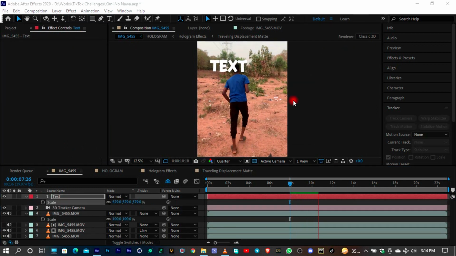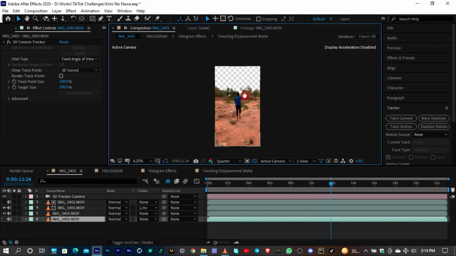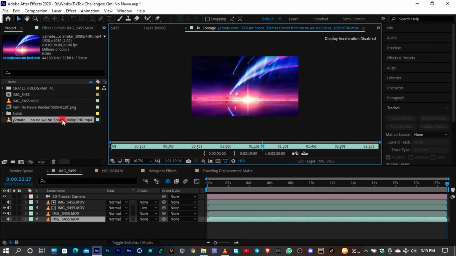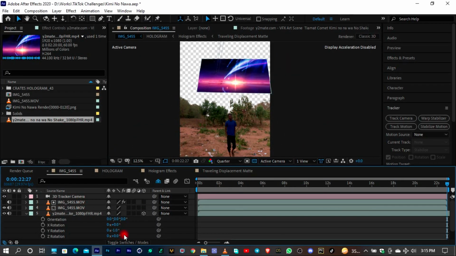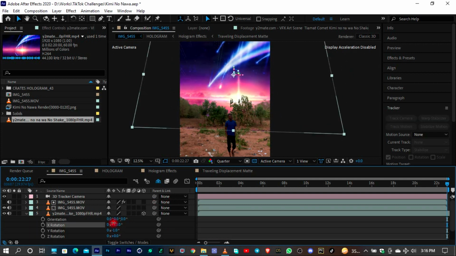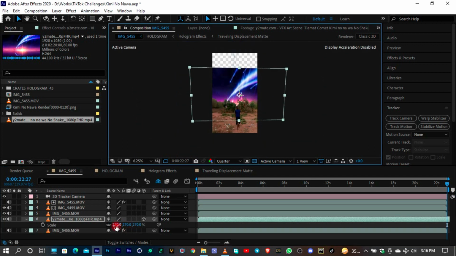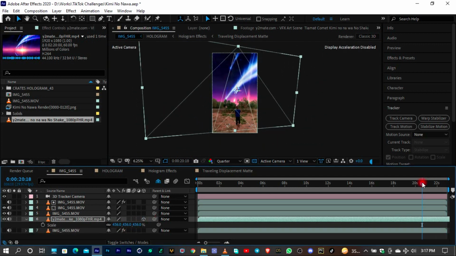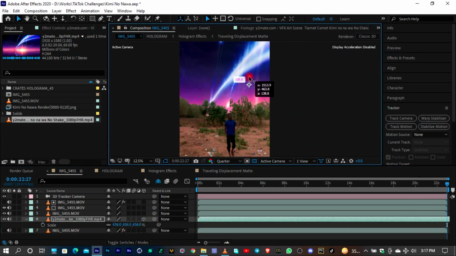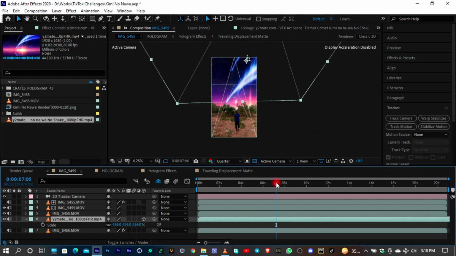I just had to add a text layer just to prove that my 3D camera worked. Then I just decided to click on create camera so that I'll have my virtual camera for all the 3D objects that I am going to add. Then, miraculously, I decided to add the Kimi no Nawa background, scale it and make it 3D, push it back in the Z space just to make sure that it fills up my whole entire sky,